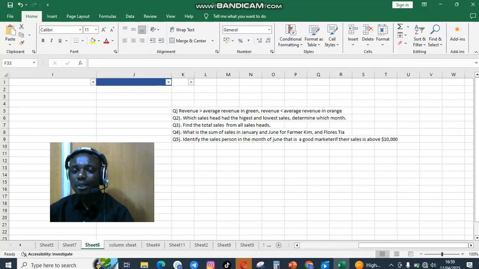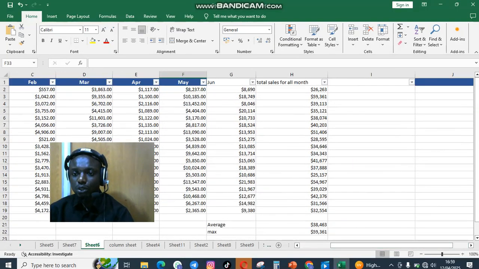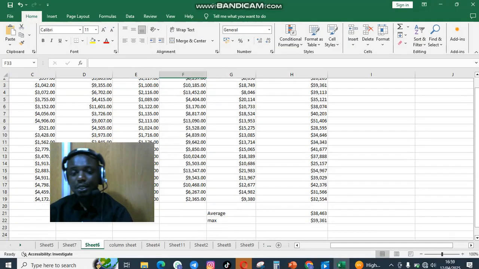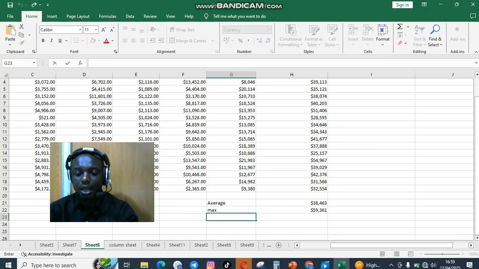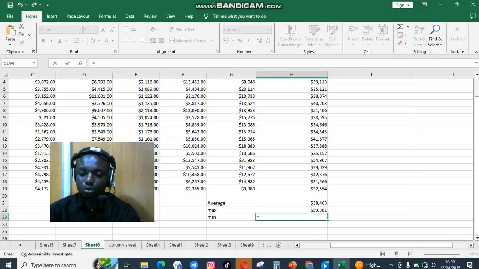Now let's do it for the person who has the lowest sales record. From the total sales here, I will just use a function. This is the column for the total sales. So I'll just use a function called min, and that function is used this way: is equals to